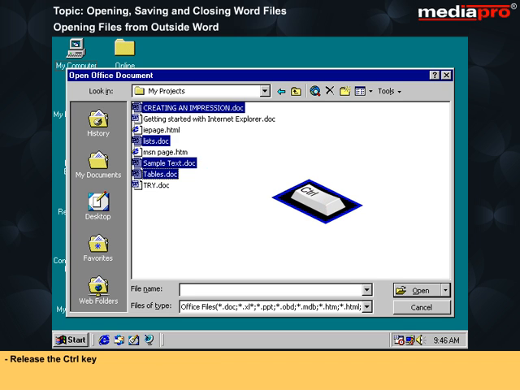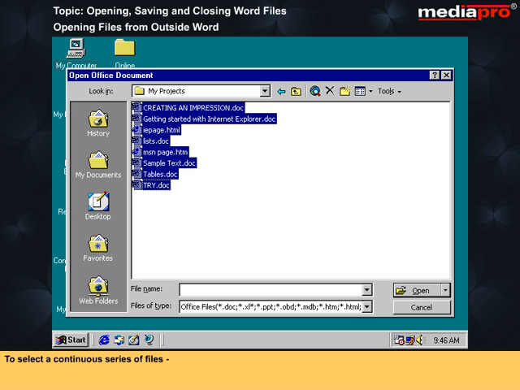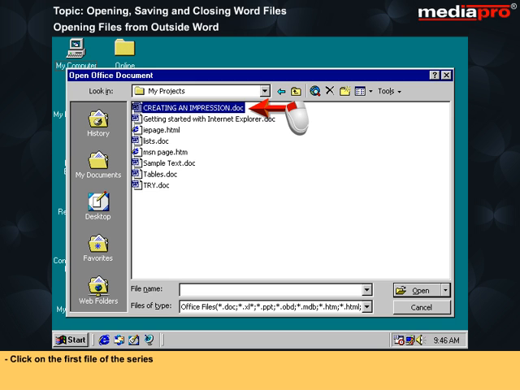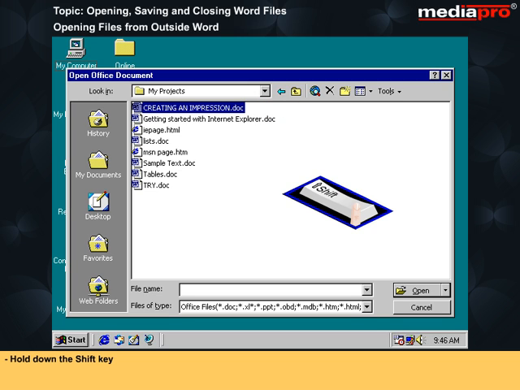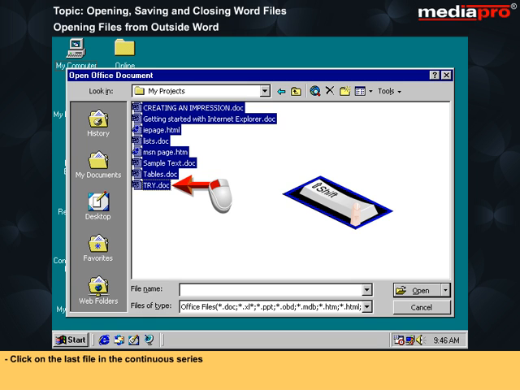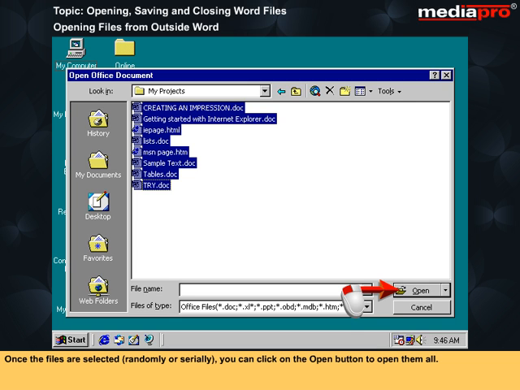Release the Control key. To select a continuous series of files, click on the first file of the series. Hold down the Shift key. Click on the last file in the continuous series. Release the Shift key. Once the files are selected, randomly or serially, you can click on the Open button to